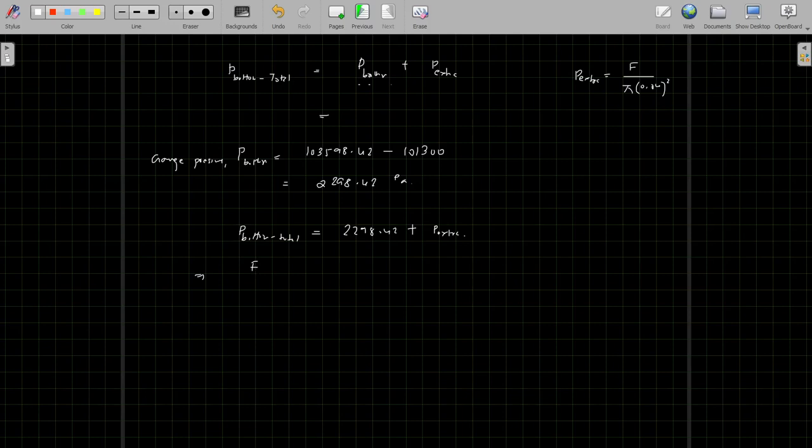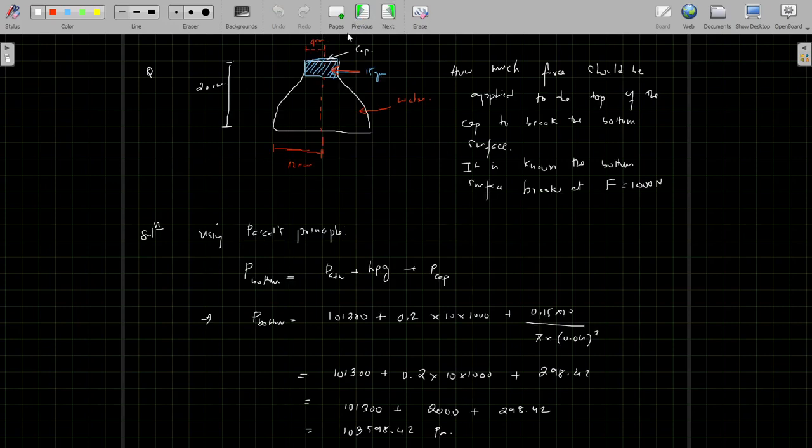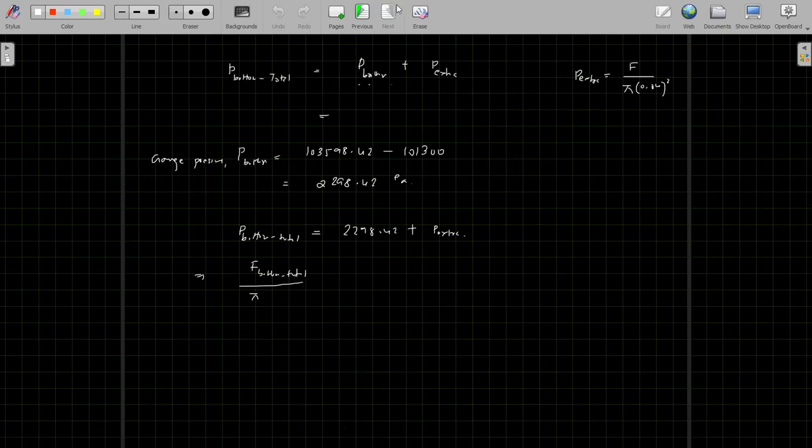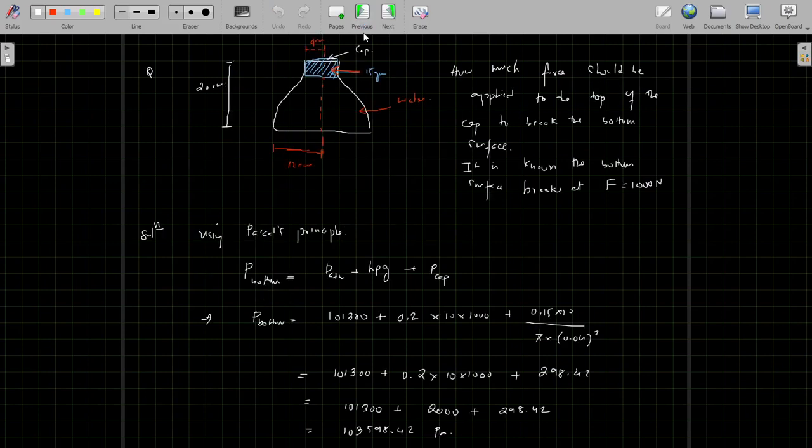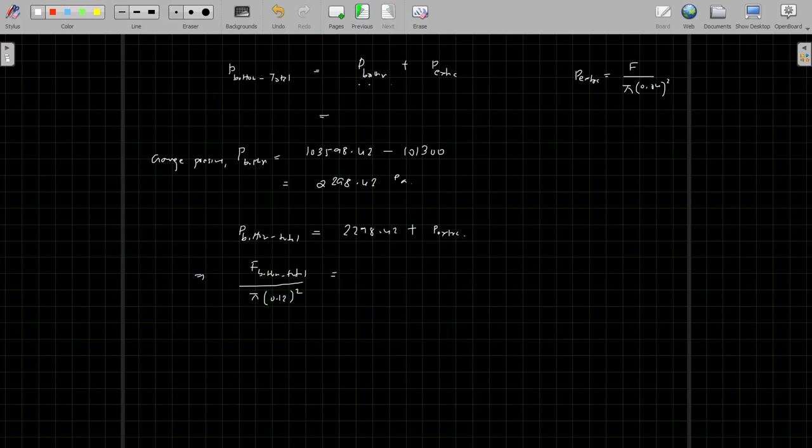Okay, so bottom total we know it can handle at the most 1000. So pressure bottom total divided by pi. How much was the base? I made it 12 centimeter, right? Okay, pi 0.12 whole square equal to